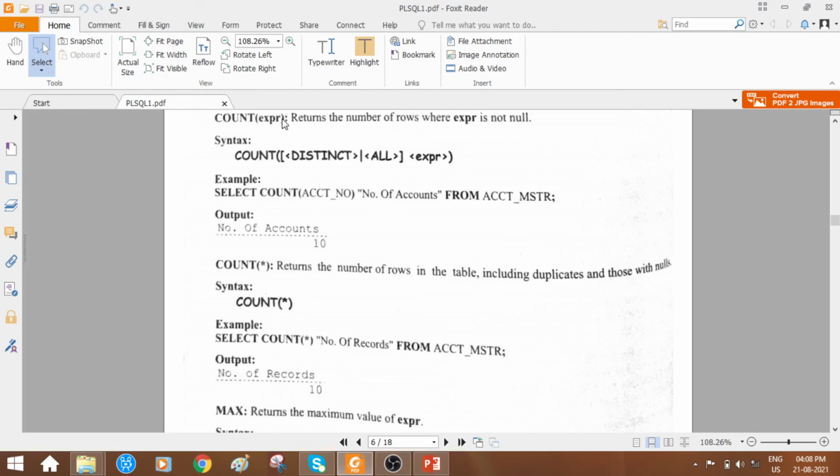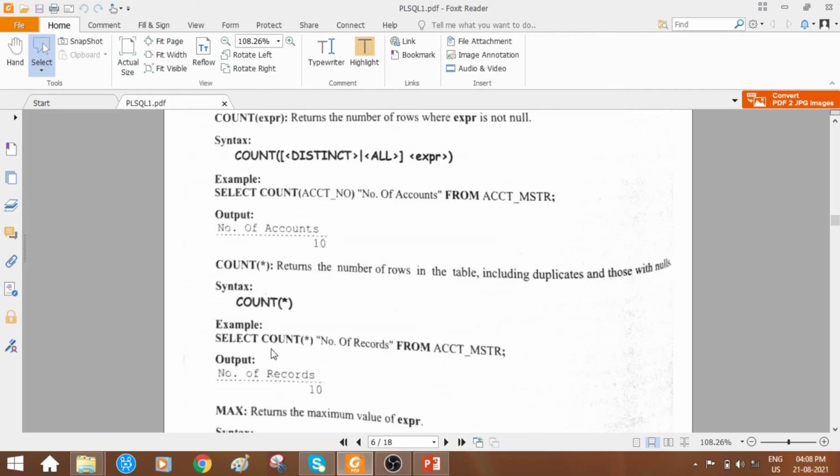Whereas here count expr, see the difference, count expr and count asterisk symbol. Count expr means the column name, whereas count asterisk symbol means count all the rows. It is not telling for a particular column how many rows have to be counted. It is telling for all the attributes, for all the columns, how many rows exist.